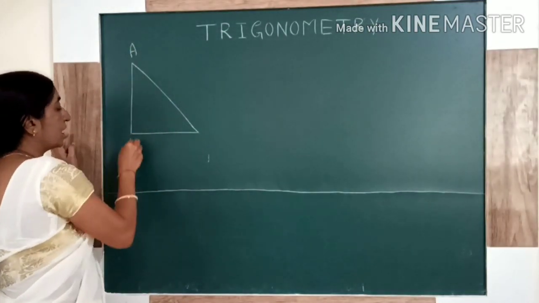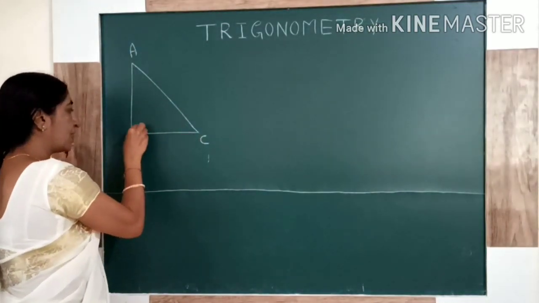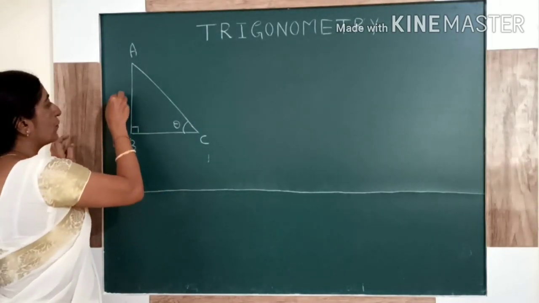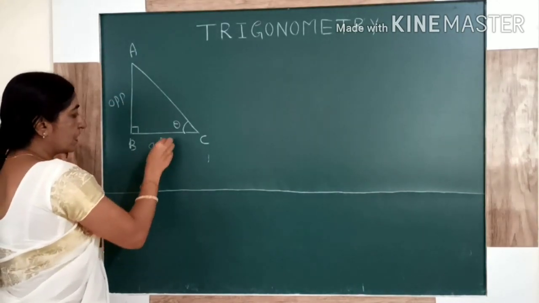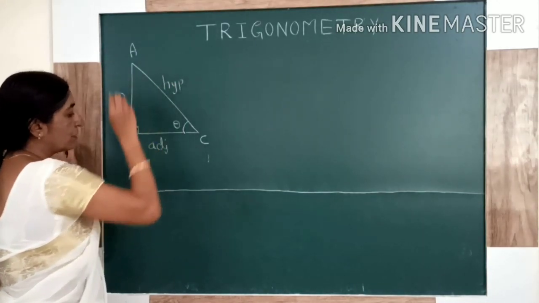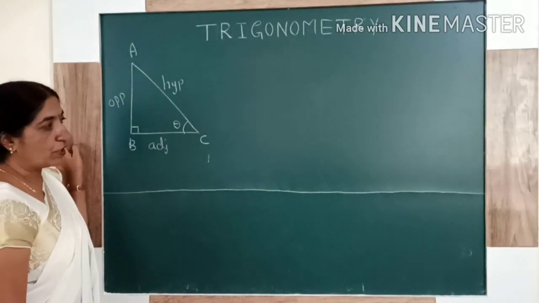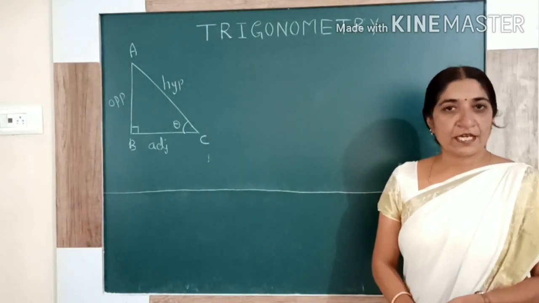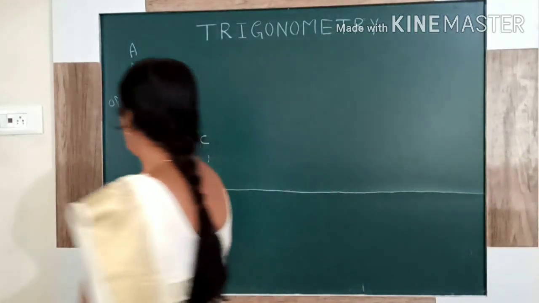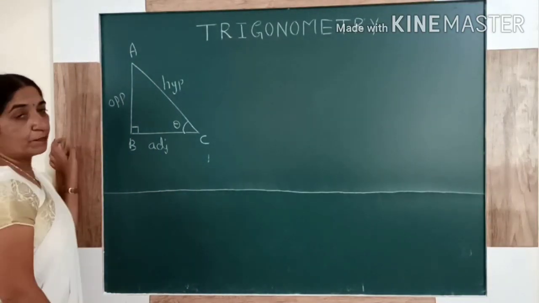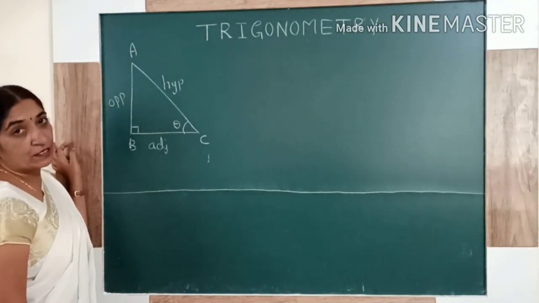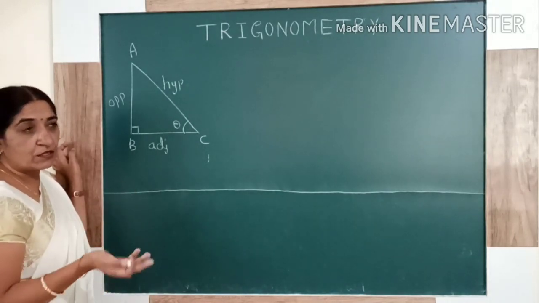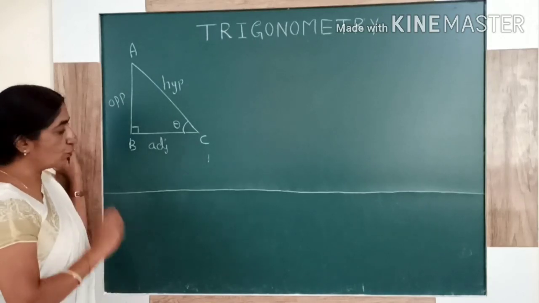So let us take the right angle triangle ABC, right angle at B. Take angle C as theta. Exactly opposite of that is the opposite side. This is the adjacent side and this is the hypotenuse. I am giving you all the basic formulas. This is very important for first year as well as second year, not only for theory but also for your competitive exams. And to make it perfect, write it every day once. After making it perfect, write it 2 days once or 3 days once or weekly once, like that. It depends on the students.